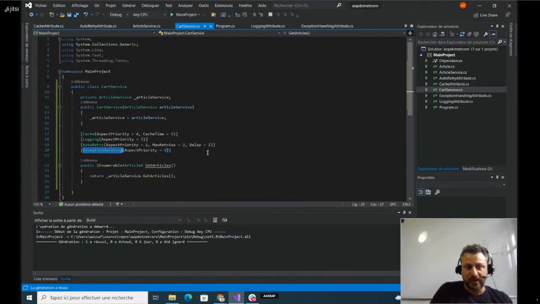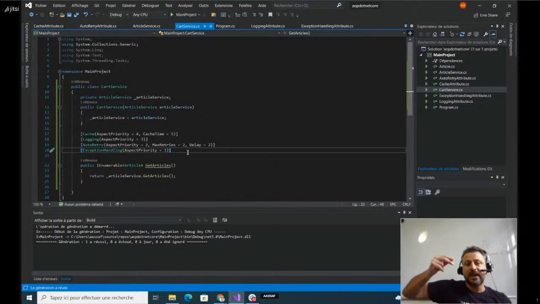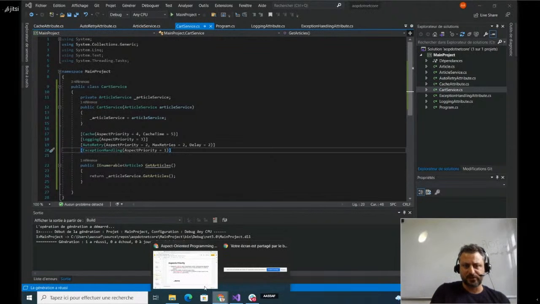It's important to have the exception handling at the end. So when the auto retry fails and spends all the maximum retries, in my example the value is 2, the auto retry will throw an exception, and this exception will be handled by the exception handling, and the log code will be added. So it's important to think about the aspect order.